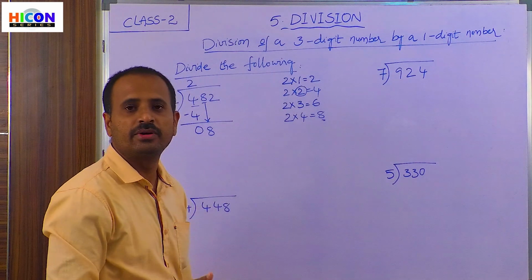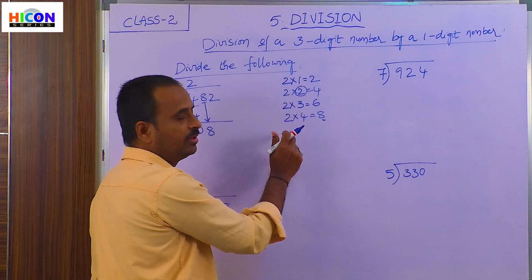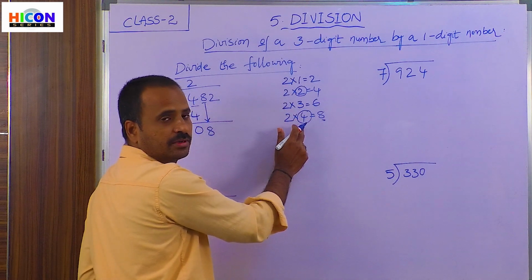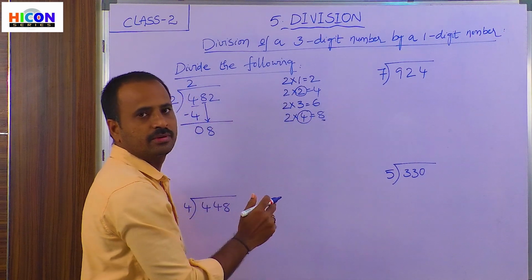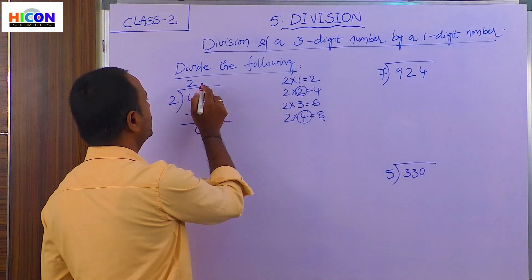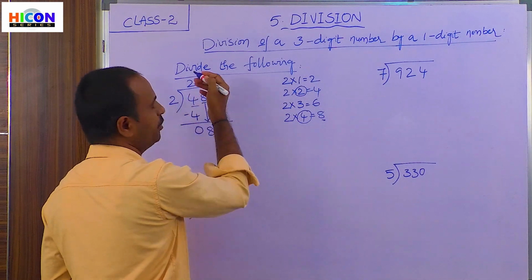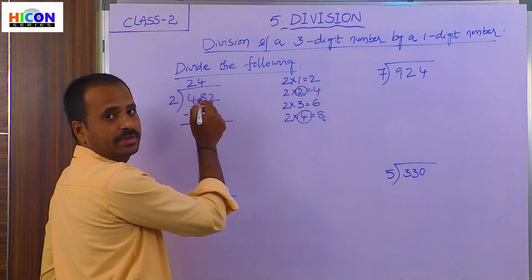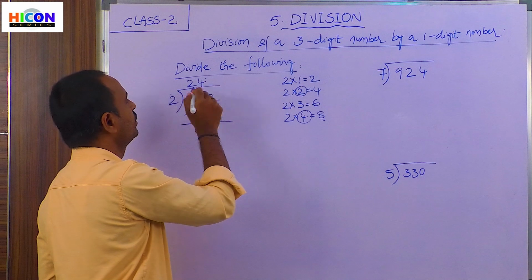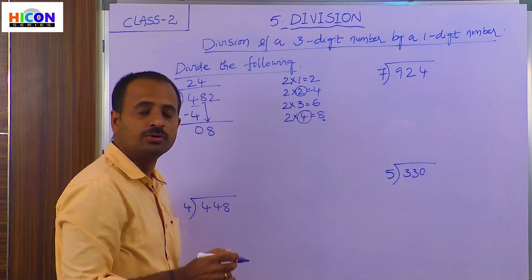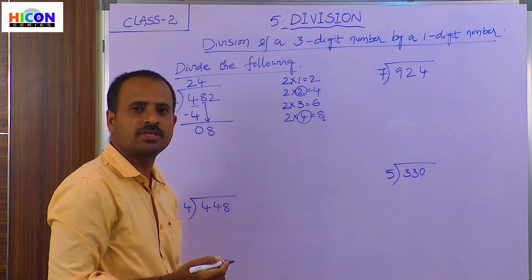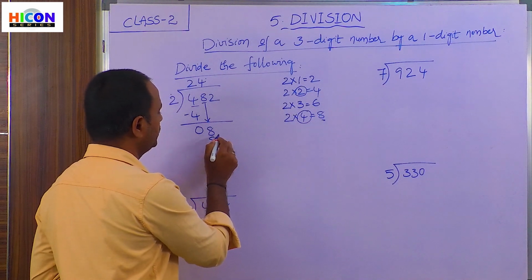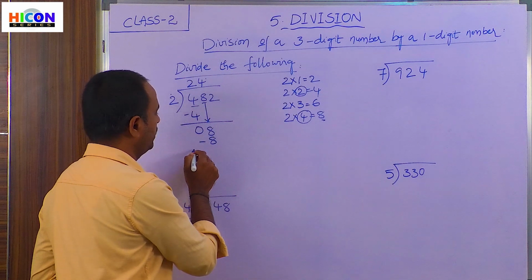How many times do you have to take to get 8 in the second table? So 4 times 2. We have to take 4 times to get 8 in the second table. So write this 4 in the quotient beside 2, above the dividend. Now again multiply these two numbers, that is 2 and 4. 2 fours are 8. So write the product below the second digit 8 and again subtract.